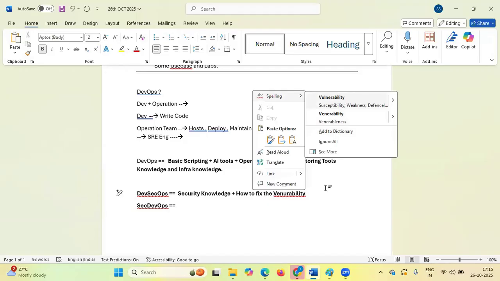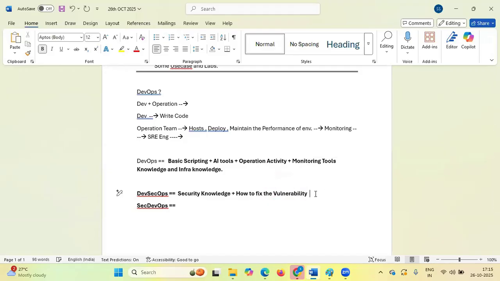Okay, guys. So these are also required nowadays. Here, DevSecOps is what? Development, security plus operation.